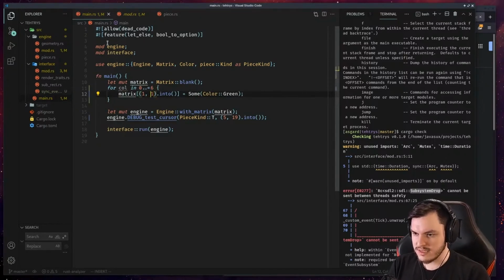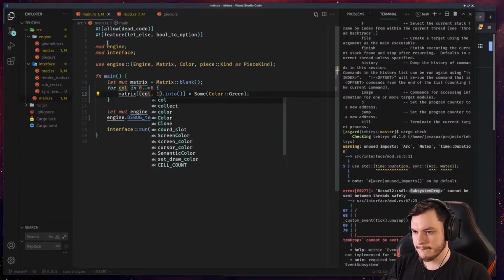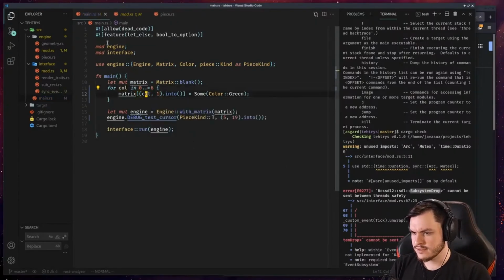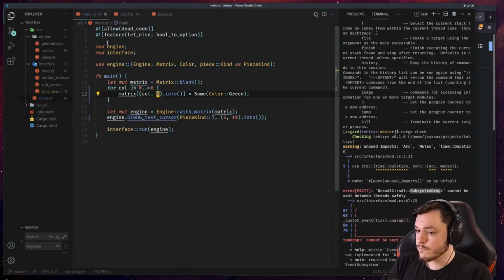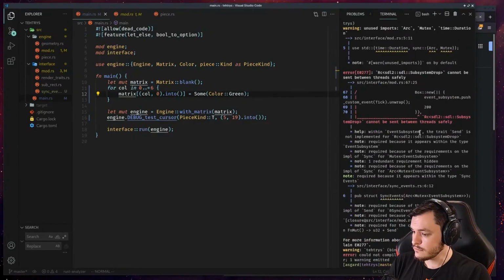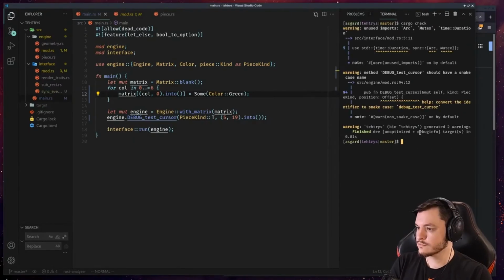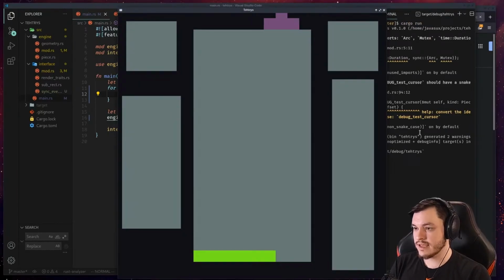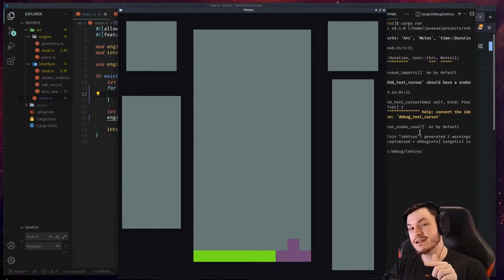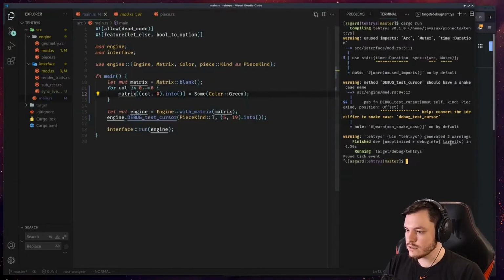We can say the column is the X here. And so column, and then we're going to do this on the bottom. What that's going to do is fill in a line across the bottom that just leaves 3 spaces. Yes, and so that leaves a nice little place where we can drop in this. And then after I press that, what that should do is clear the whole line at the bottom. So in order to implement that,